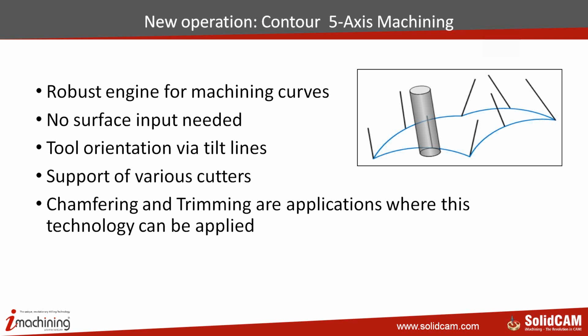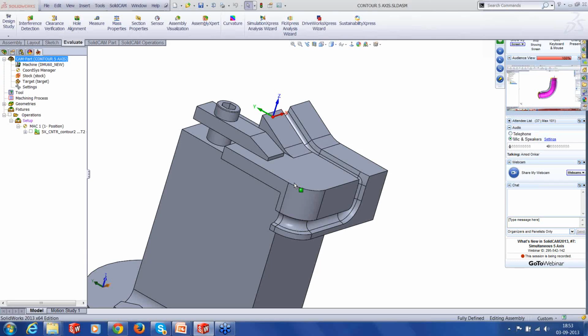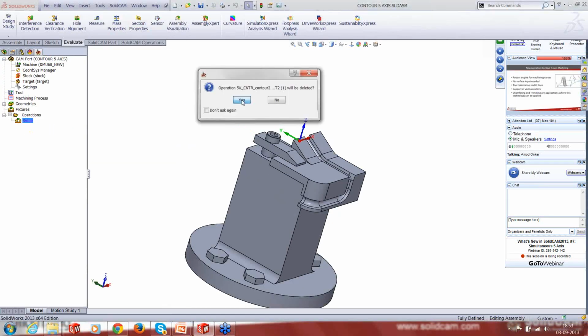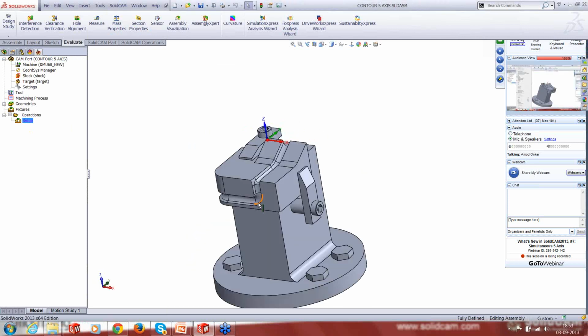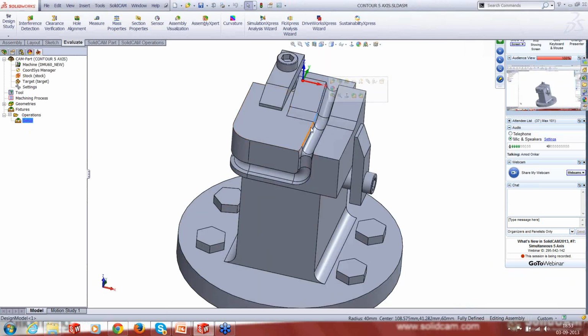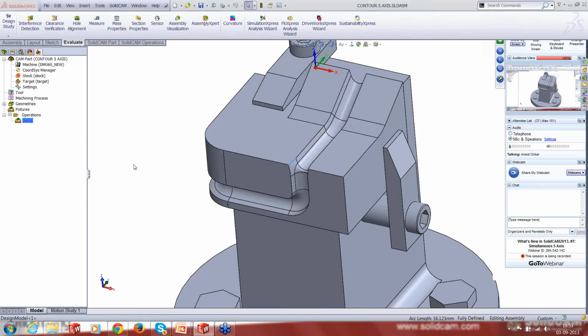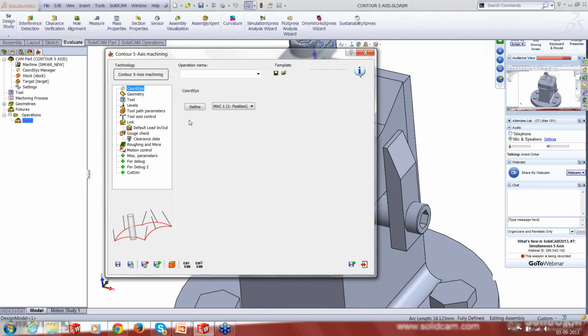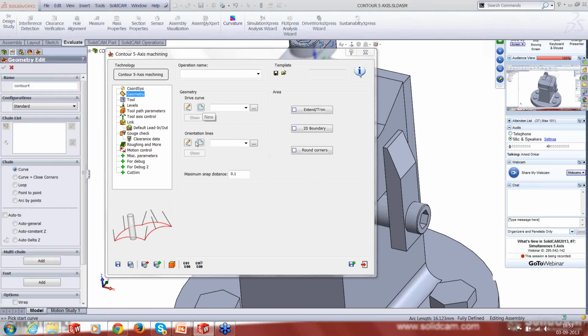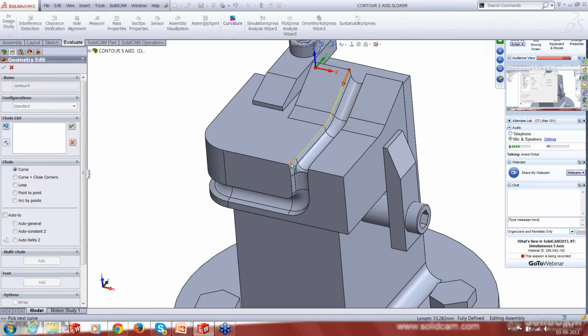in 5-axis. So if I quickly run on the part, let me delete this. I need to do some kind of deburring or chamfering on this edge that I'm selecting. And for that, I'm going to use the new contour 5-axis. So I'll add contour 5-axis. Geometry, you can see absolutely no way you can define any surface. Only the drive curve. 1, 2, 3, 4, 5, 6, 7,